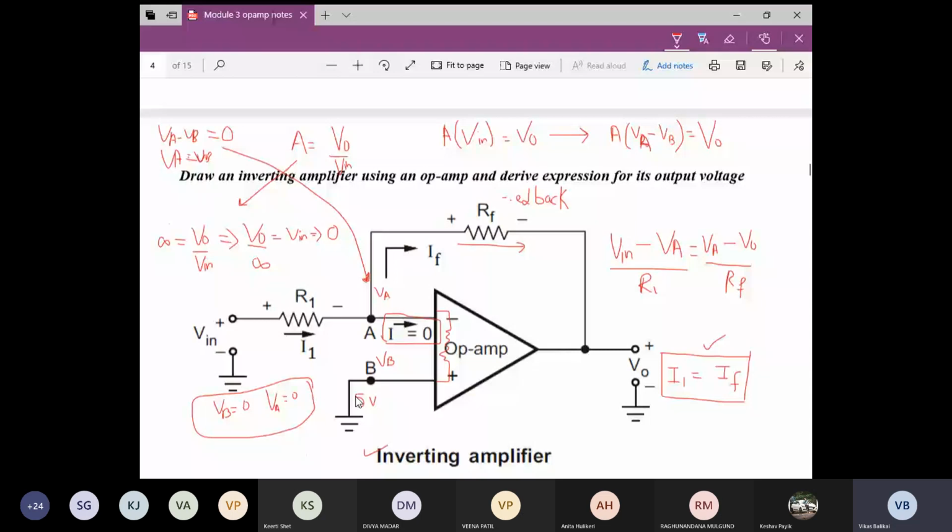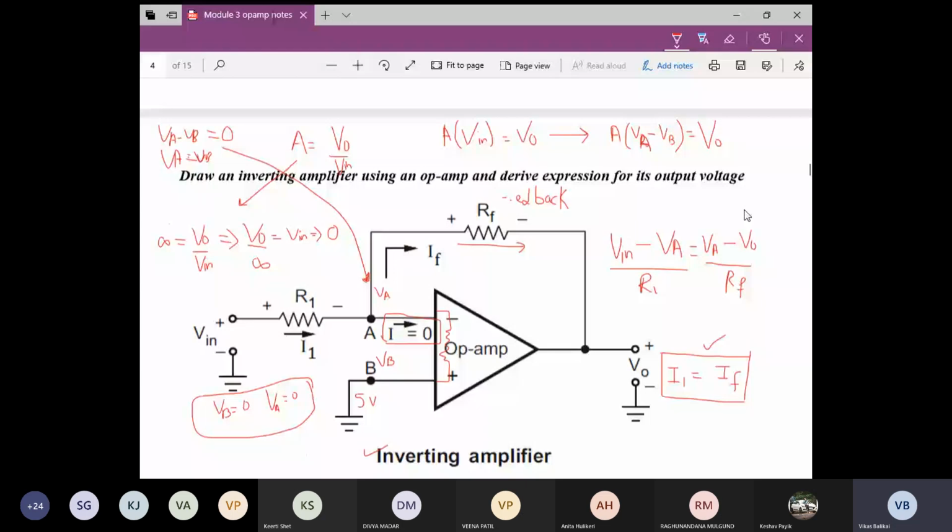It is that wherever one of the terminals of the op-amp is connected to, the other terminal of the op-amp is also connected to the same. And whenever I use the word op-amp, I am not talking about the op-amp circuit. I am talking in terms of only the op-amp device. I have stopped talking about the circuit; I have already got the circuit information. Now I am interested in what is going to happen to the op-amp input voltages.